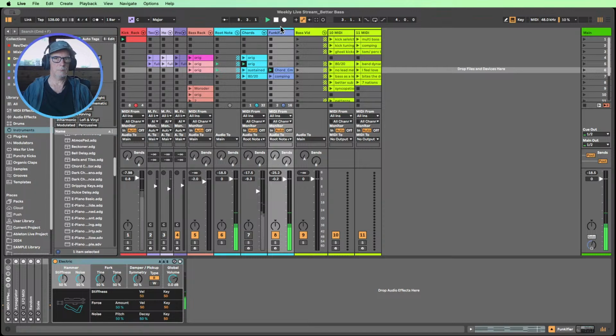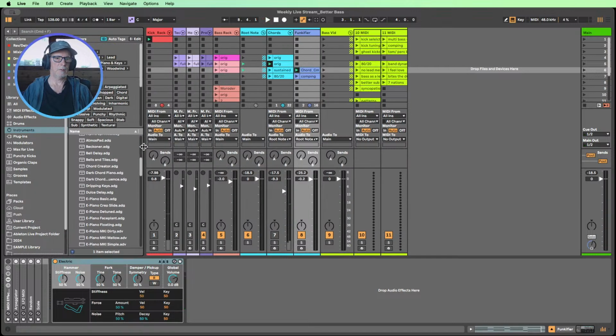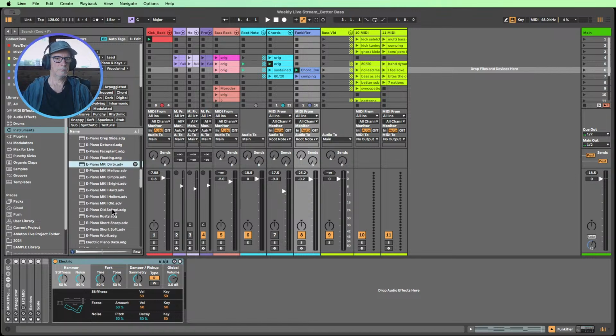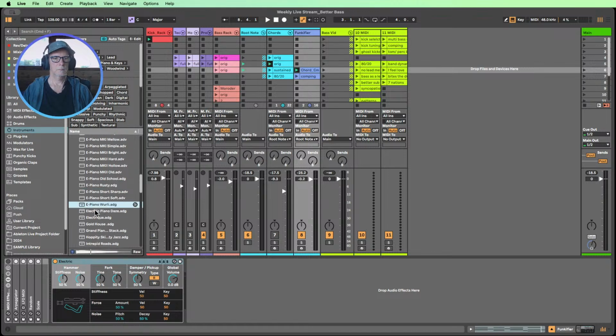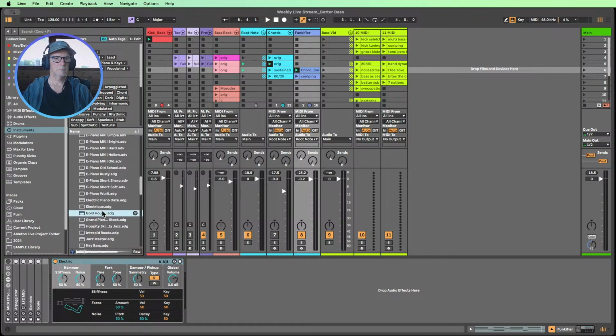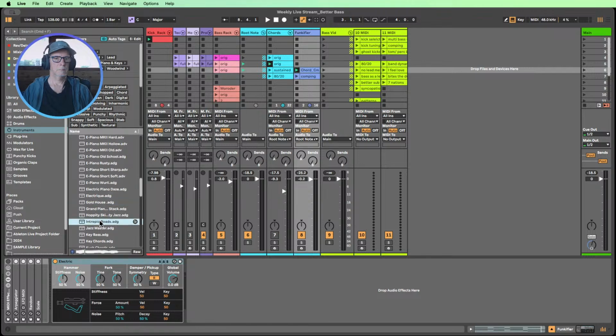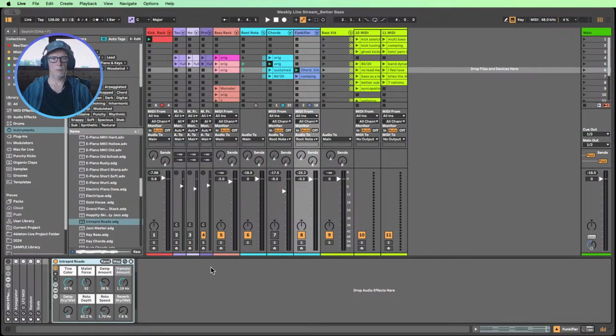I know we do in here. Find a little preset for these chords. So we could use that. Yeah, I think the Intrepid Rhodes one could be good.